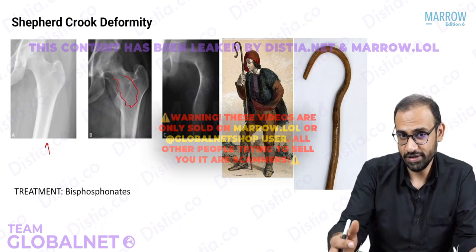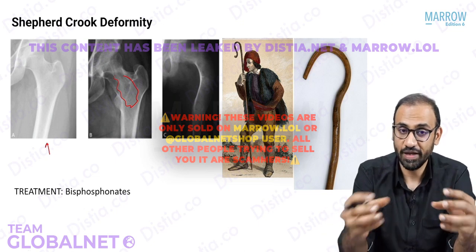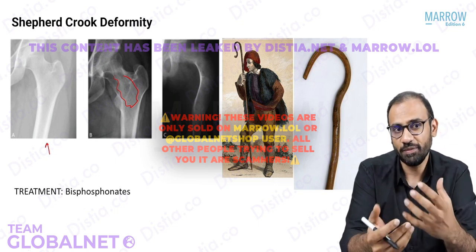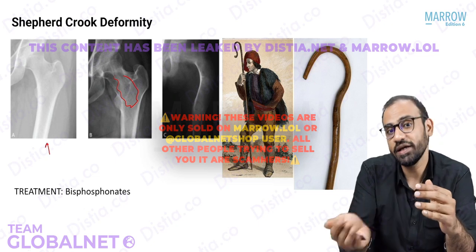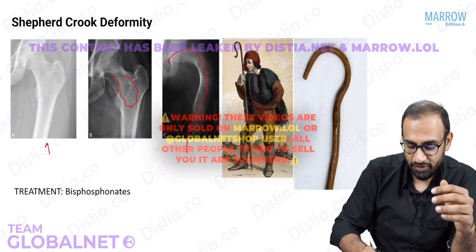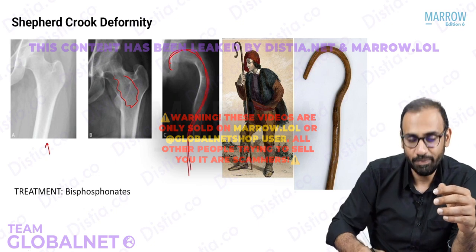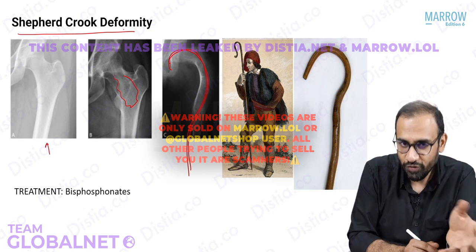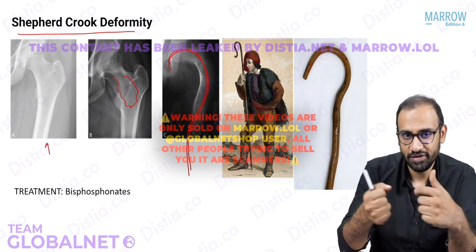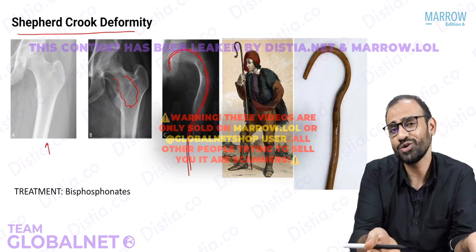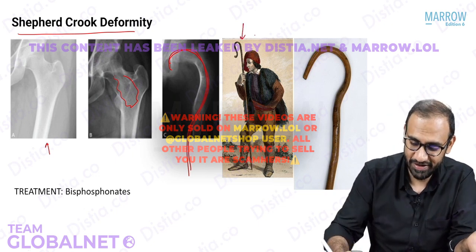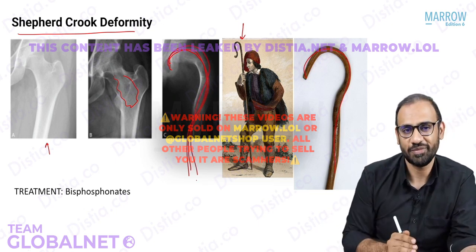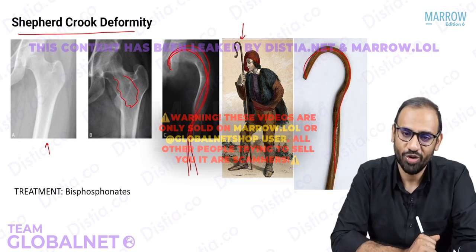Now, as the disease progresses, the fibrous dysplasia keeps on progressing and makes the bone weak or strong? Weak. Now, the patient puts weight on this weak bone. So, what happens? The bone will start to bend or break. So, as the proximal femur bends in this classical pattern or shape, it has been described as shepherd crook deformity. For the people who don't know what shepherd crook is, it's a stick that is held by the shepherds to control their herd or sheep. So this is the stick. So it looks like this. So proximal femur looks like this. So shepherd crook deformity. This is the deformity that will be seen in the proximal femur.